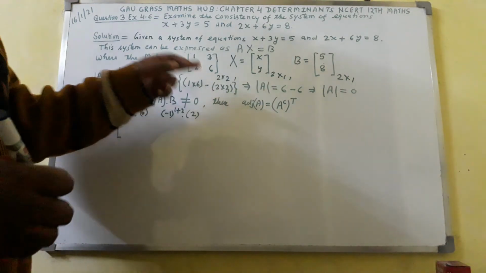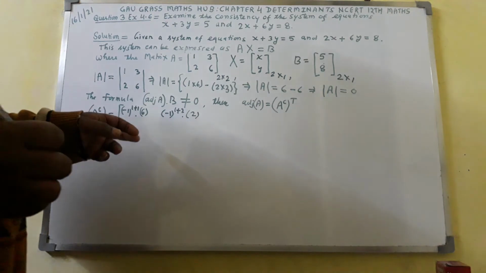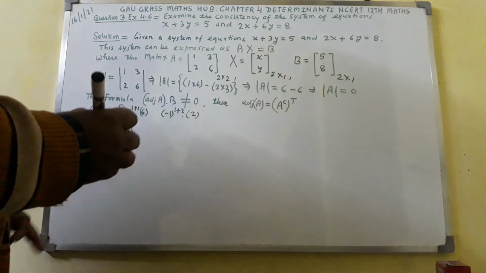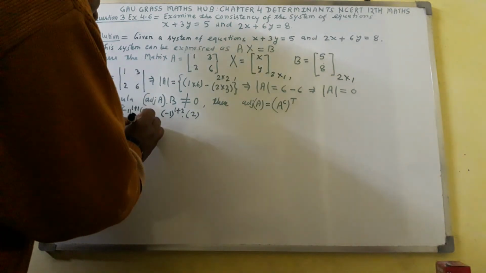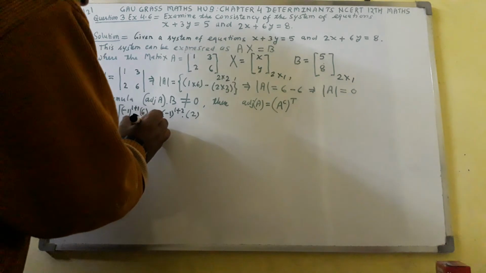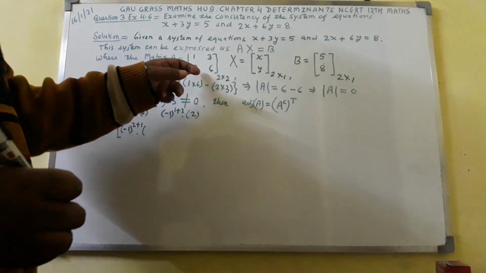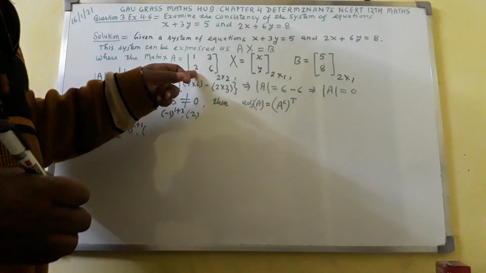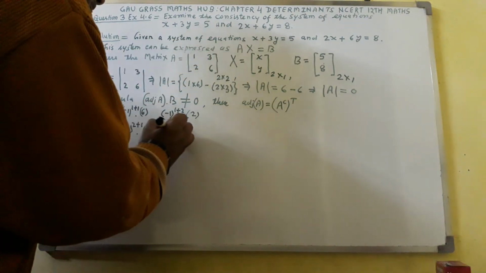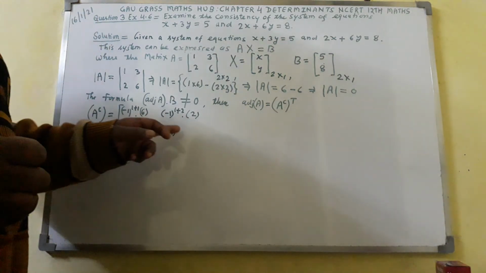And for this element 2, here I am going to write -1 raised to power. Here 2 is there in the second row. For second row I shall write here 2 plus, and 2 is there in the first column. Here write 1. After that, the minor of 2 will be 3. So here write 3.